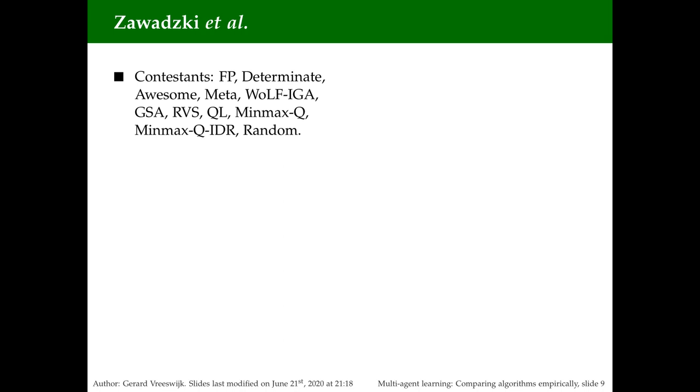For example, first you start with Boolean, and if you discover that your opponent is not responding to Boolean, then you switch gears, so to speak, and you start, for example, a phase in which you play fictitious play. Wolf Ego, you're familiar with. Min-max Q we didn't discuss. Well, the names of the algorithms are not that important.